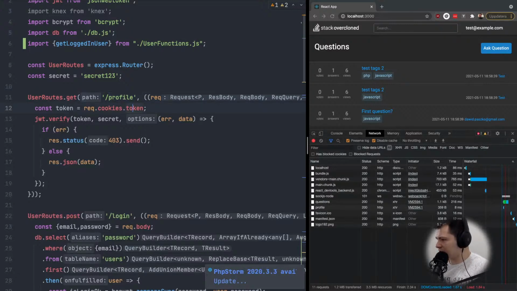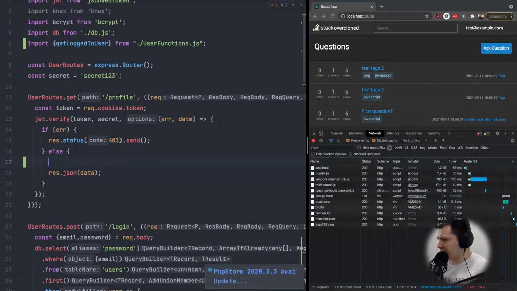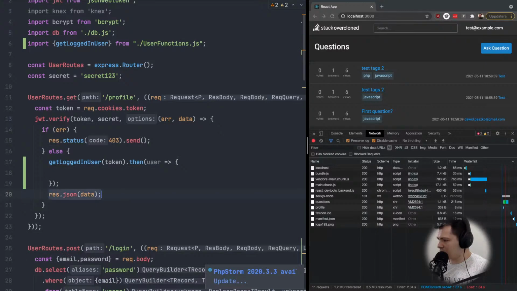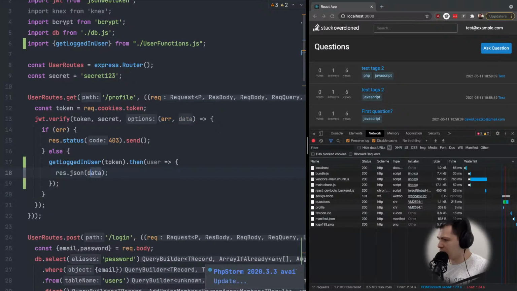So to do this, let's do something like this. When we verify and everything is okay, so it's here, then we don't want to send just the email, but instead let's get all user information from this email. So it will be get logged in user, and then here we need to provide token, so let's put token here. Then here we'll have all the user information, so we can put response JSON here with not data but